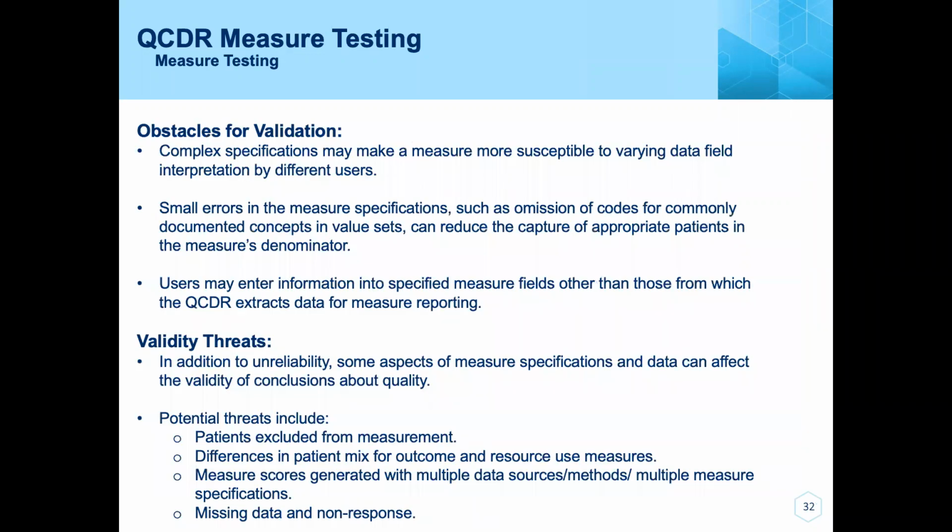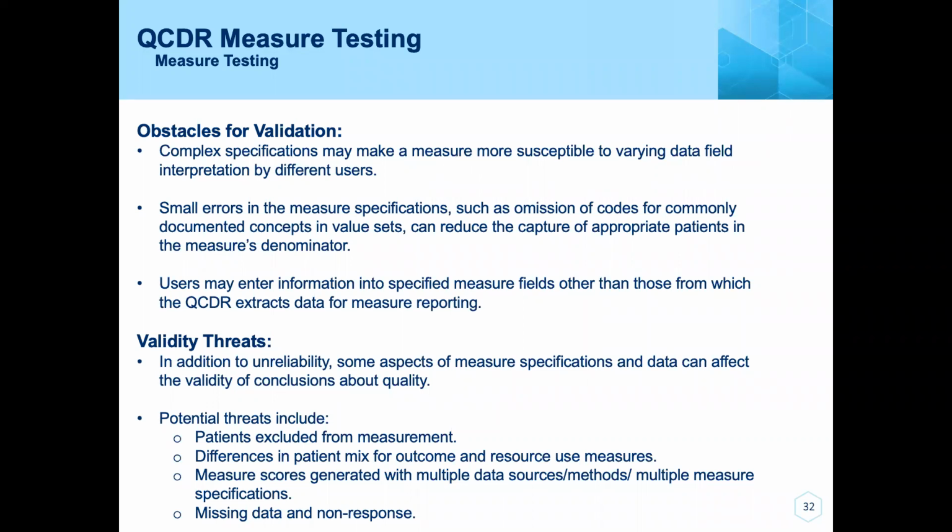Moving on to the aspect of validation, complex specifications may make a measure more susceptible to varying data field interpretation by different users. Small errors in the measure specifications, such as omission of codes for commonly documented concepts and value sets, can reduce the capture of appropriate patients in the measure's denominator. Users may enter information into specified measure fields other than those from which the QCDR extracts or abstracts the data